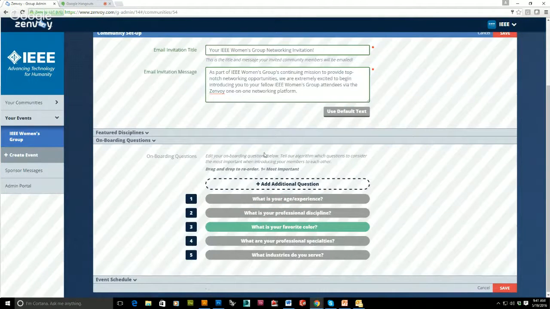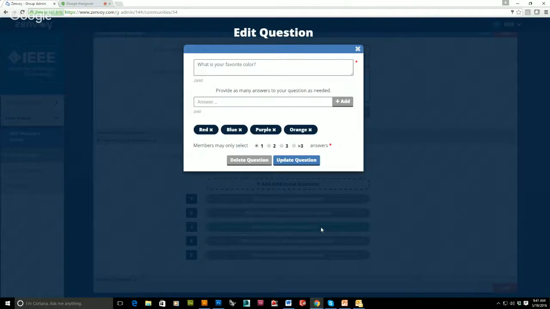So you're sort of designing the onboarding process for each one of your members. And from here, you can see some of the great questions that Zenvoy asks no matter what. So again, we're matching based on age and experience, professional discipline, professional specialities, industries, but you can come in here and ask your own questions. And so in this case, kind of a funny example was we could match people based on their favorite color